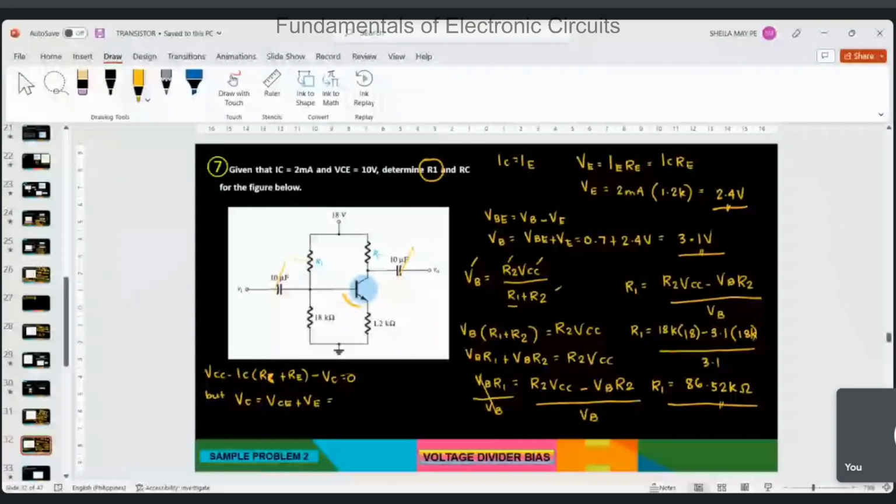Wala ko kakuha. Oh my God. VCCIC minus VC equal to 0. So therefore, this is